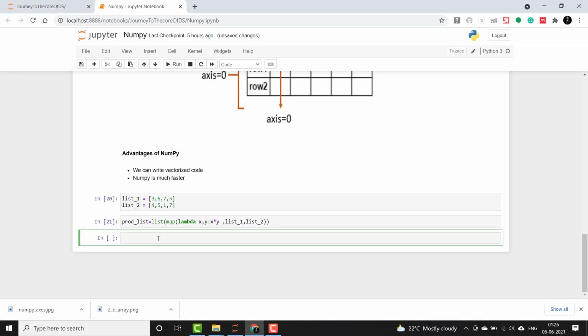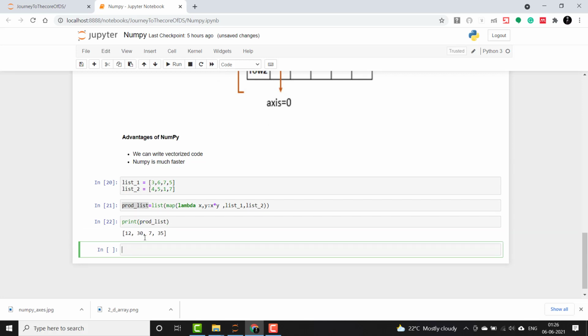Now we'll print this out. This is giving us the element-wise product now. So 3 into 4 is 12, 6 into 5 is 30, 7 into 1 is 7, 5 into 7 is 35.